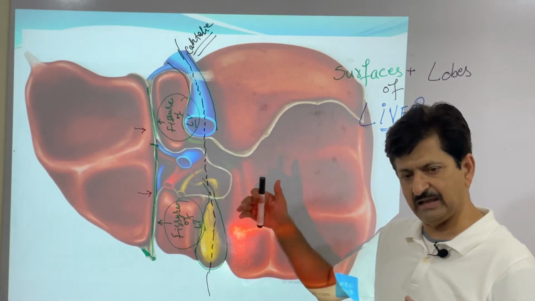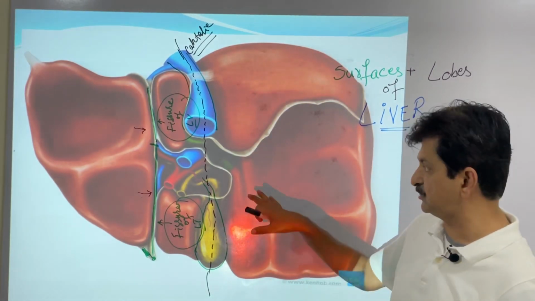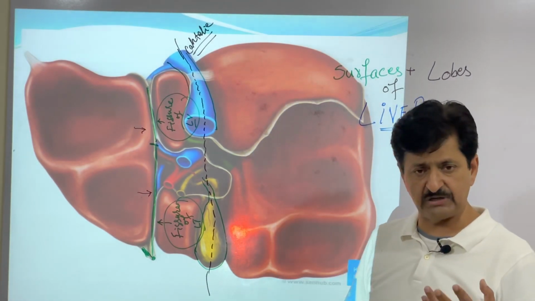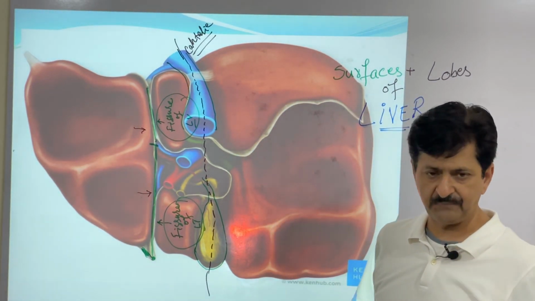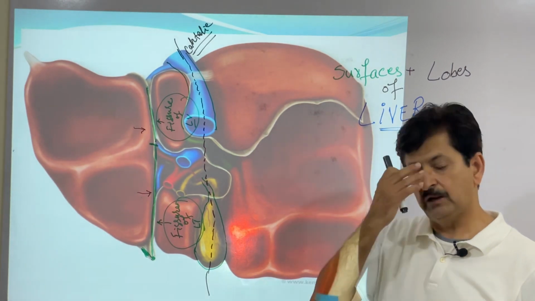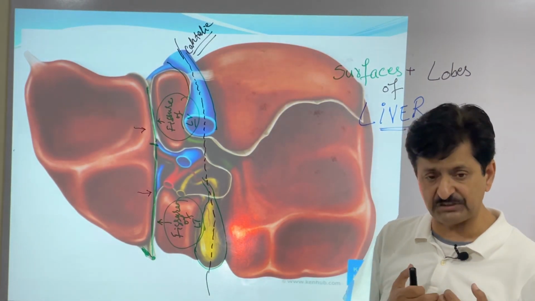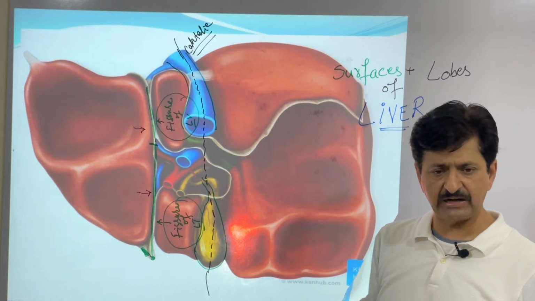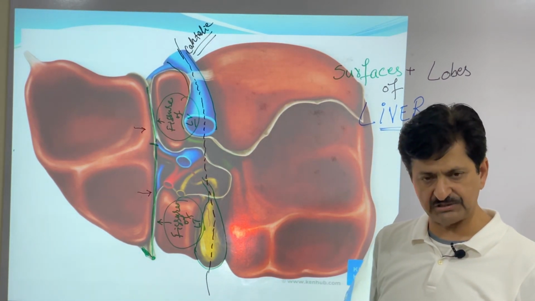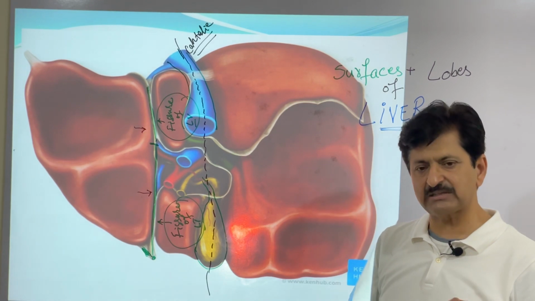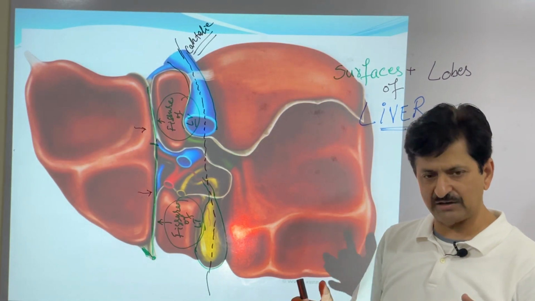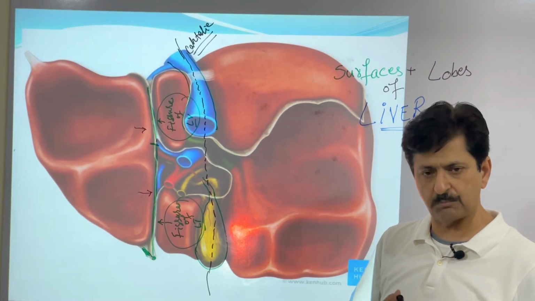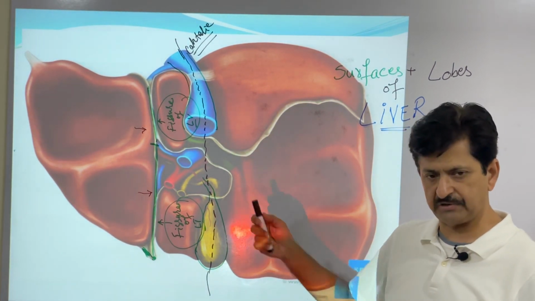And here things can actually enter or leave, because the liver is a very important, highly vascular organ, which has a dual supply. 75% of the total blood is received from the portal vein, which is mixed blood, deoxygenated, as well as carrying the products of digestion. But 25% of the blood comes through the arteries, like all viscera getting their arterial supply, the pure oxygenated blood through the hepatic artery.